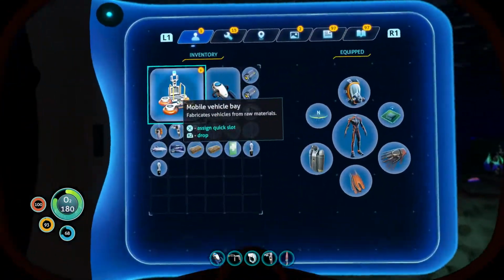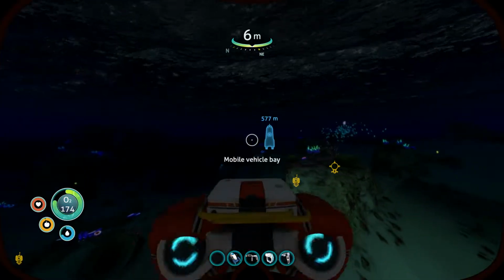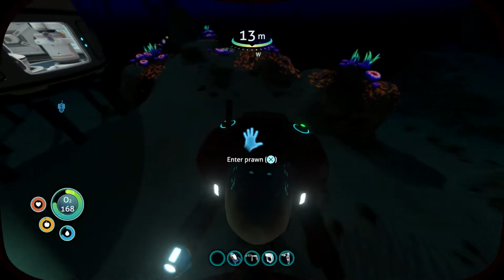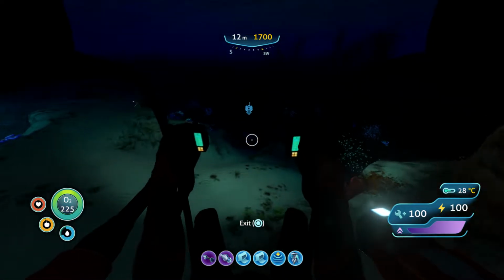Just because it takes up so much space, I'm going to put my mobile vehicle bay right here. I'm never going to use it again. I just want it out of the way, and I'm not going to stuff it inside a locker somewhere. Okay, so let's head on out of here, and we're going to head towards this beacon,